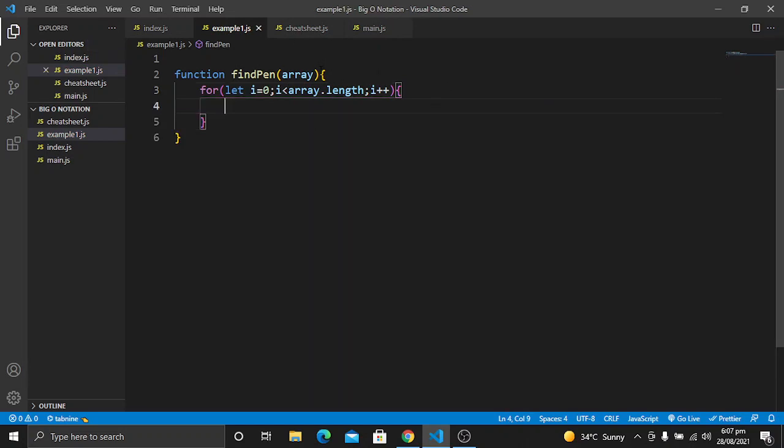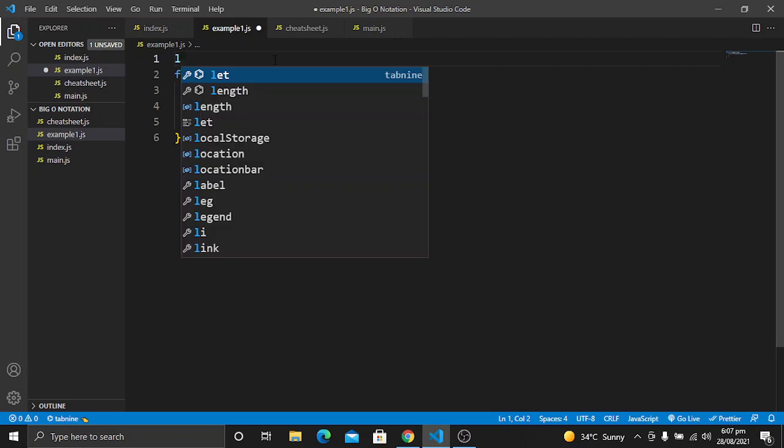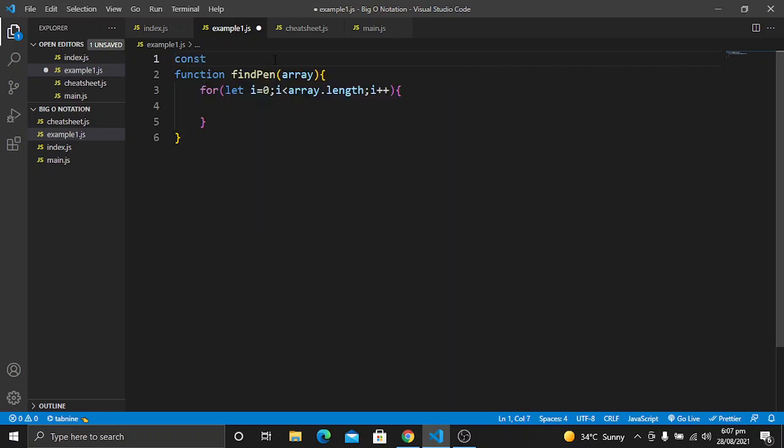First of all, let's create an array. We can call this array pen, and let's say it has only one item, which is pen. This for loop will iterate through this array and find this item.